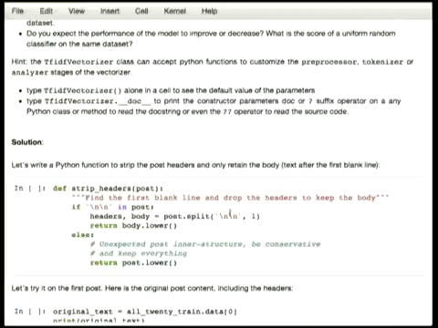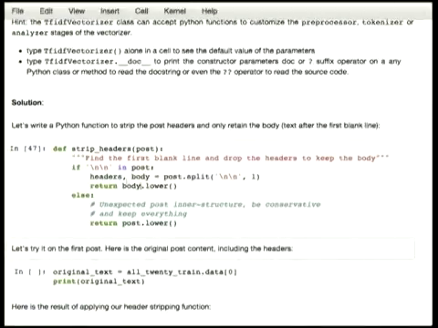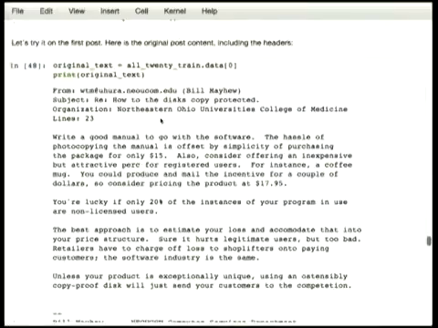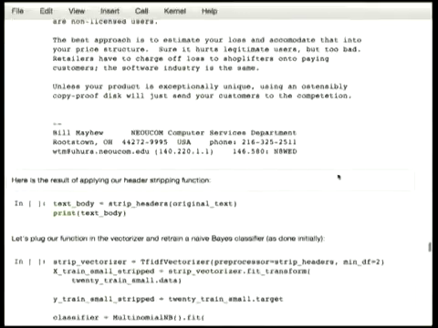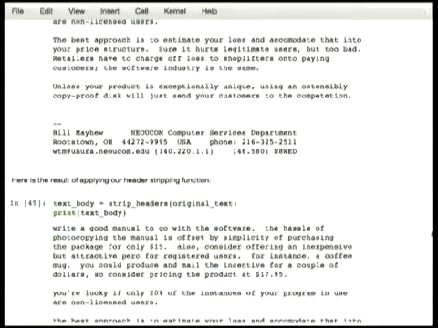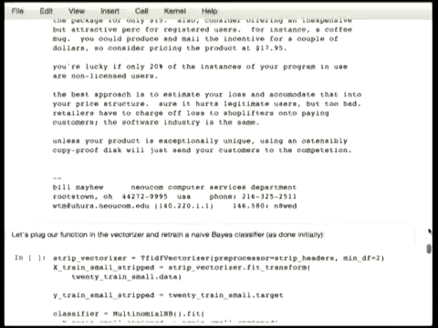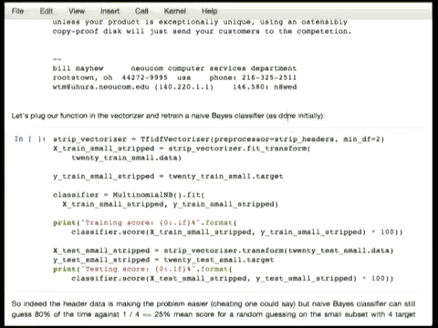Okay, 1 minute. So this function strips the headers by identifying two consecutive blank lines, and it will just return the body in lowercase. So if I apply this to some text document with the header here, I get only the body. When I pass it to the vectorizer, I pass my preprocessor here, and I compute